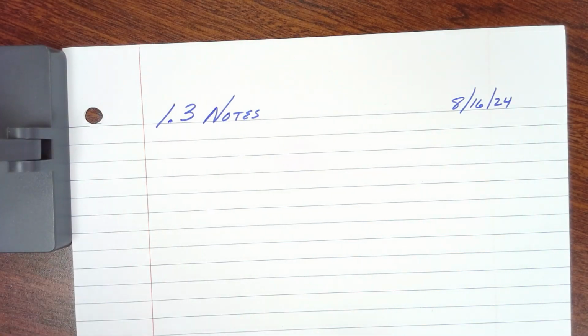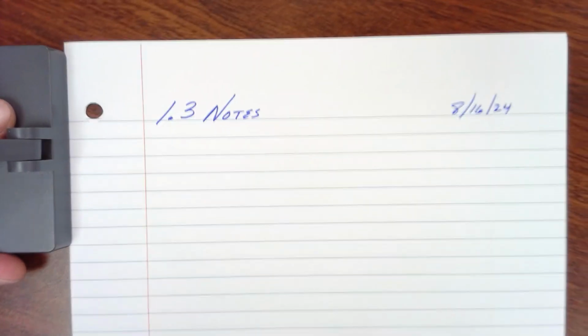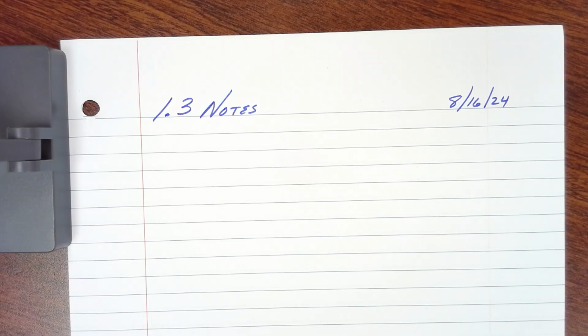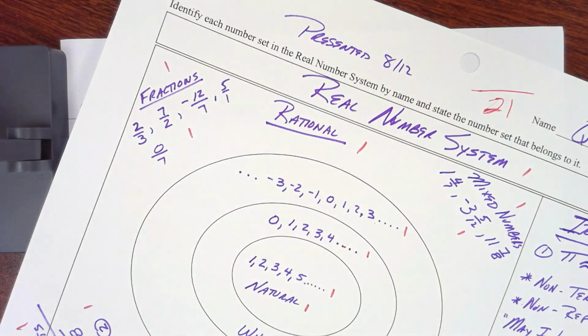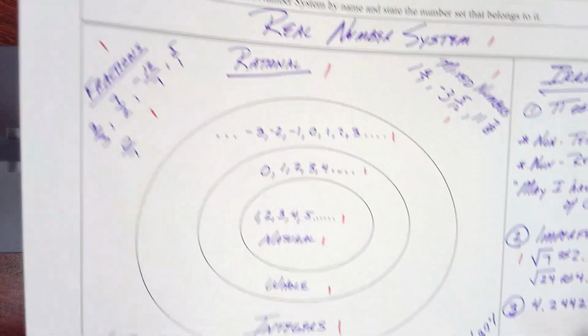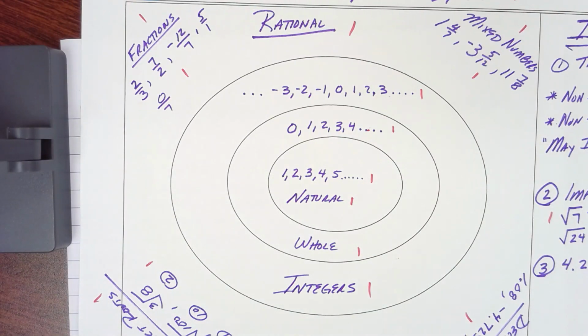Right, today we're going to complete the notes on 1.3. We've talked about 1.3 already. And you had a quiz today over the real number system. Part of what we're going to be looking at today is that you have this chart committed to your memory, and you're going to name the subsets that a number belongs to. For instance,